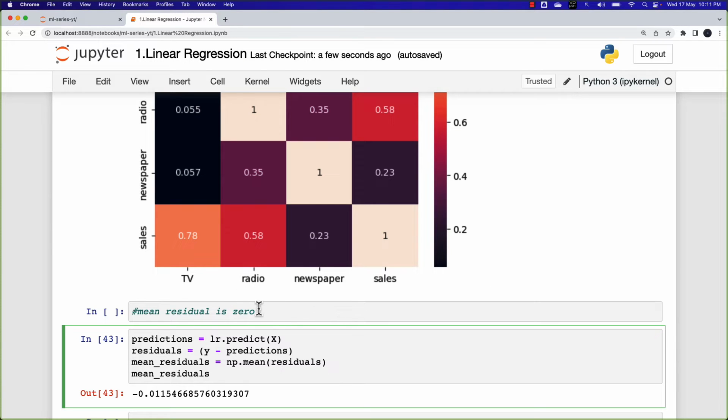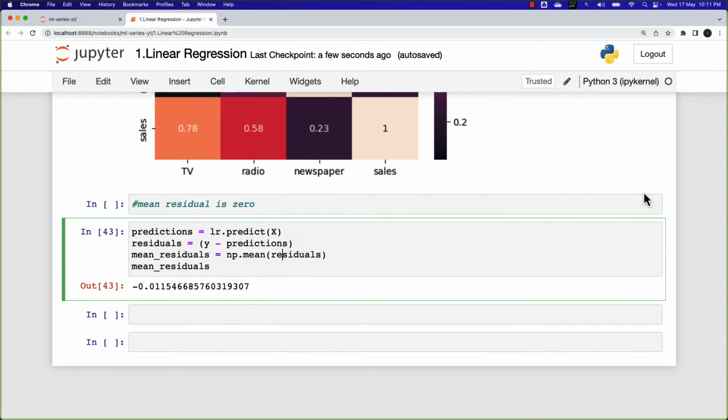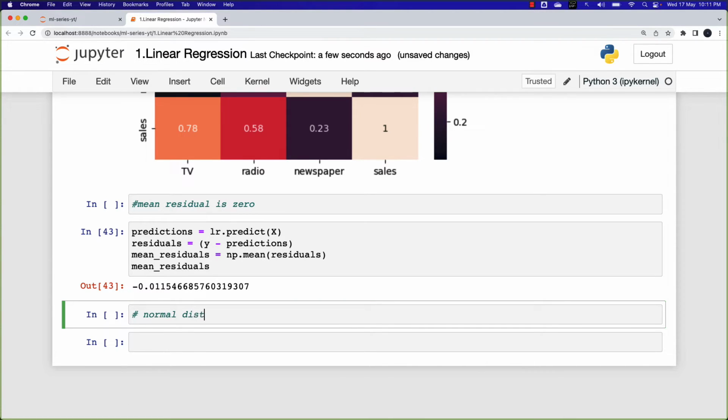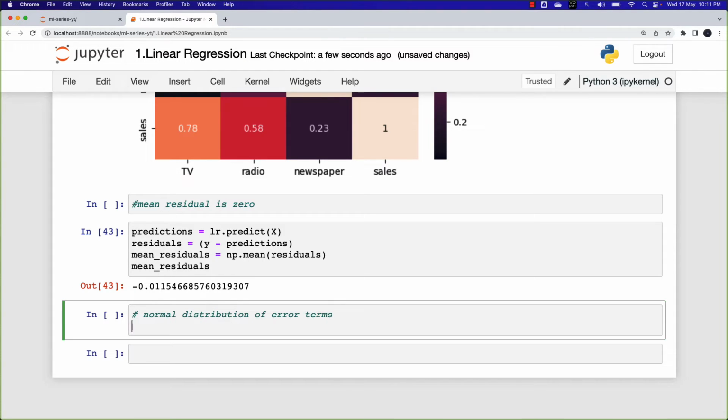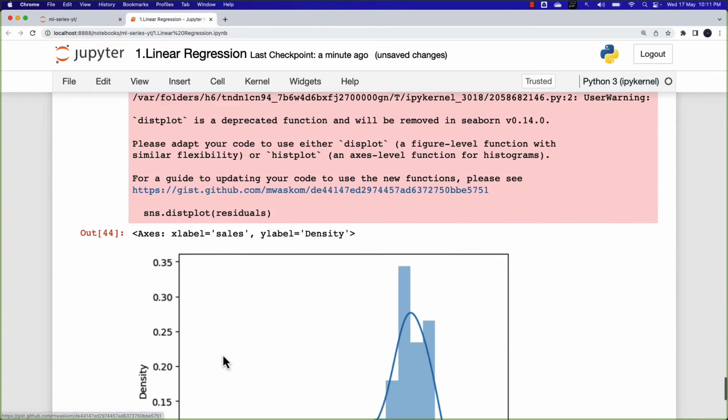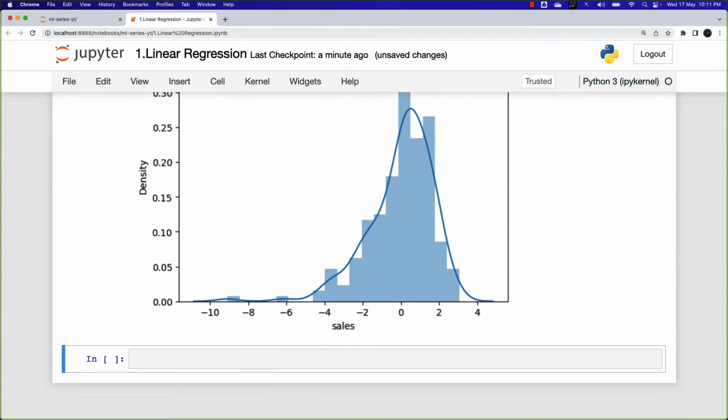Okay, so this is how we can check for this assumption of mean residual being 0. And the other assumption that we would make is, whenever we get the residual value, we assume that it has a normal distribution of error terms. So this is another assumption that we make. We can clearly observe that there is a kind of normal distribution on the given